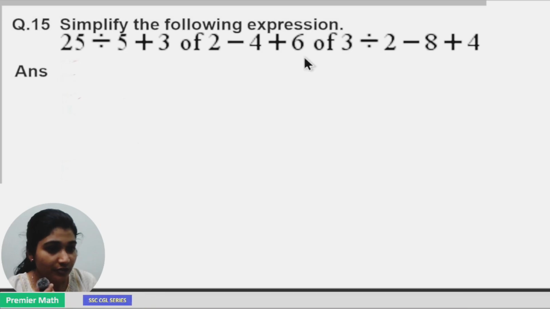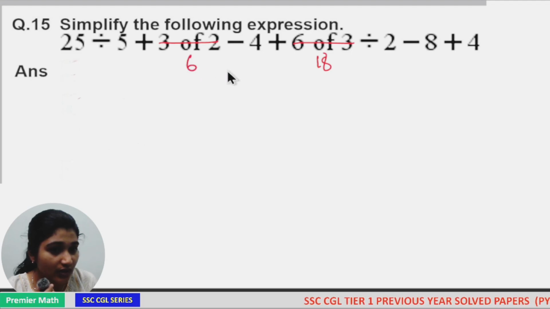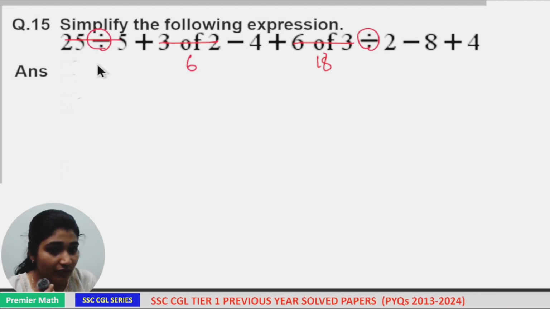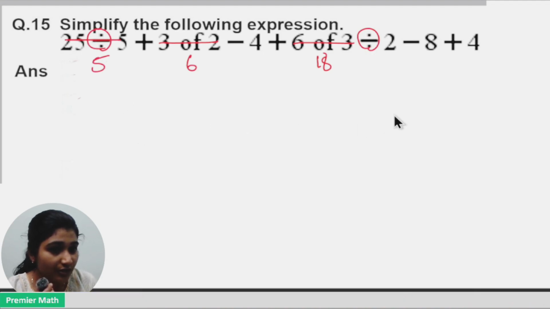Simplify the following expression. Here first solve: 6 of 3 means 6 into 3, 18. 3 of 2 means 3 into 2, 6. And here we have division and here we have division. 25 by 5 is equal to 5. Now this will become